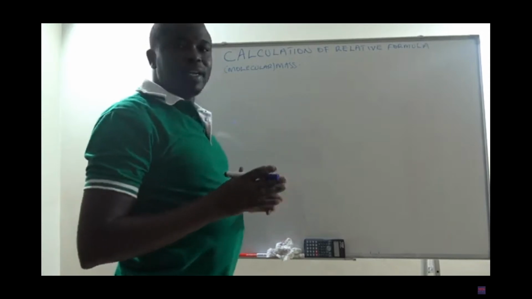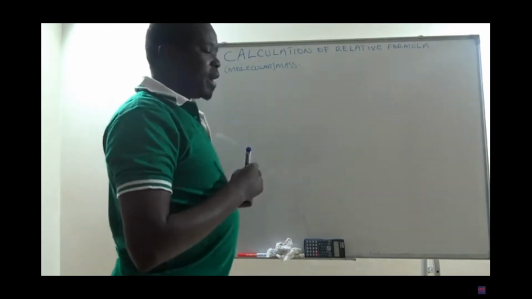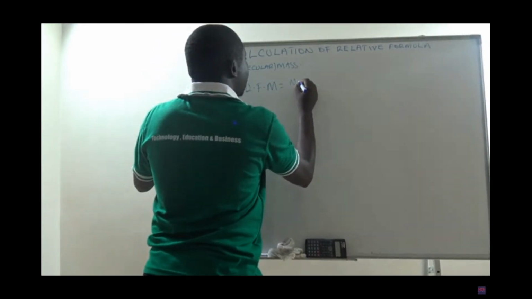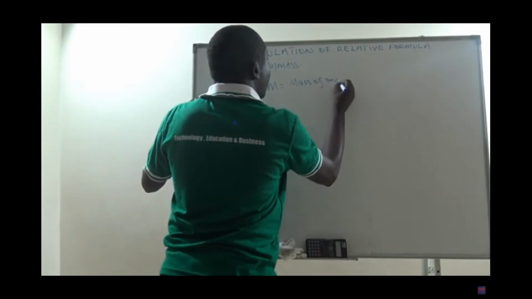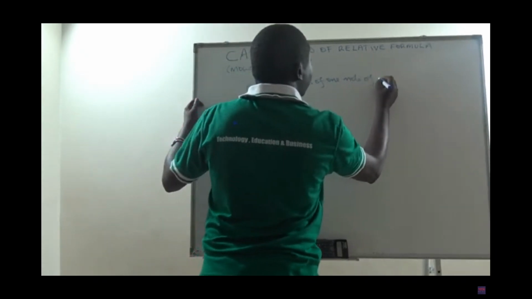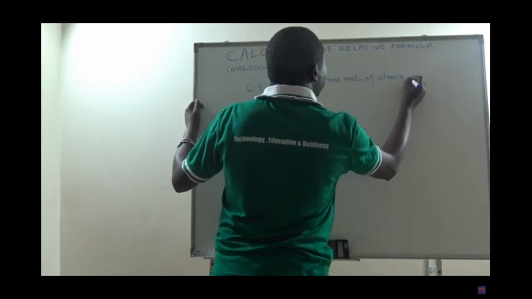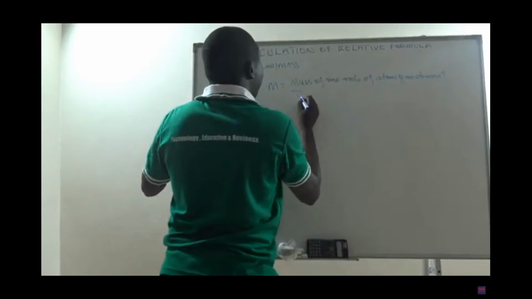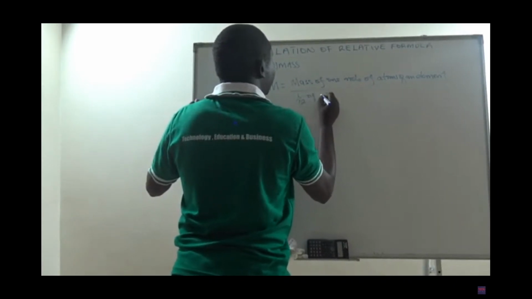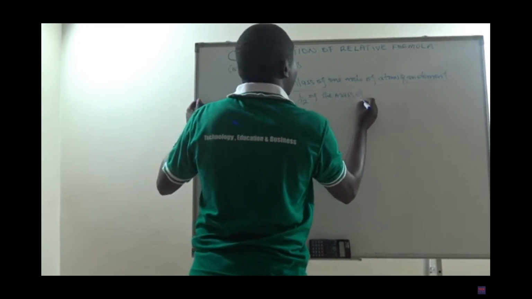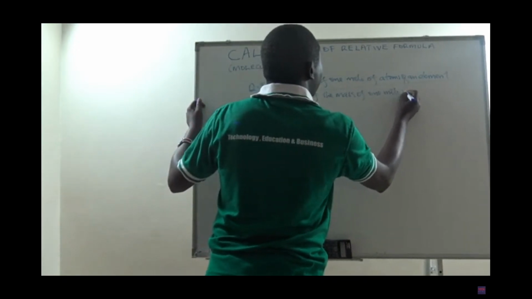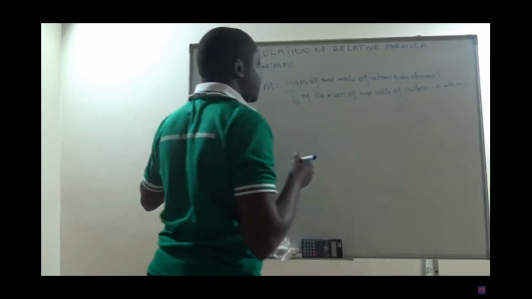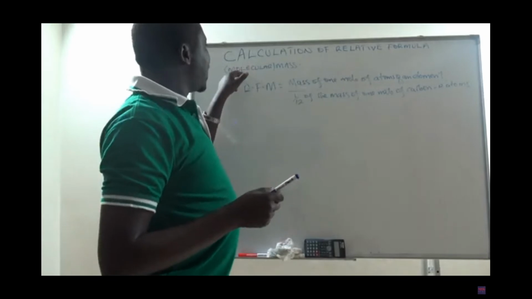We said that in the actual sense it is a ratio or a quotient relationship whereby we have relative formula mass, let me call it RFM, being equal to the ratio of the mass of 1 mole of atoms of an element to 1/12 of the mass of 1 mole of carbon 12 atoms. So this expression gives us what we call the relative formula mass or the relative molecular mass